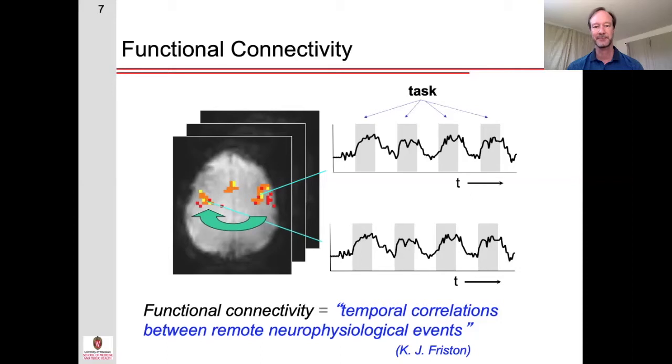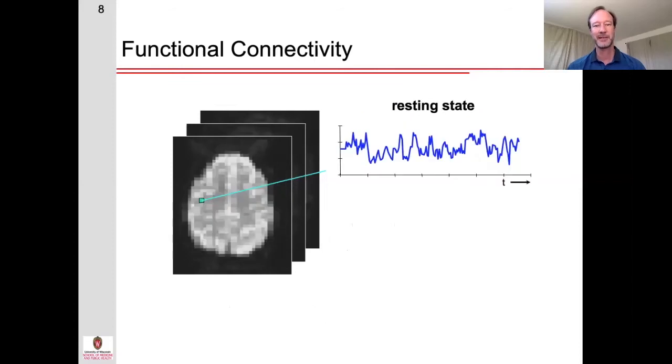So in this case, perhaps not too surprising, if we ask someone to tap the fingers on both the left and right hands at the same time, the left and right motor cortices are going to be functionally connected to one another. What is interesting is that we see the same thing at rest. So if we scan a person at rest, and if you look at the voxel in the motor cortex, this is the signal change that you might end up with.